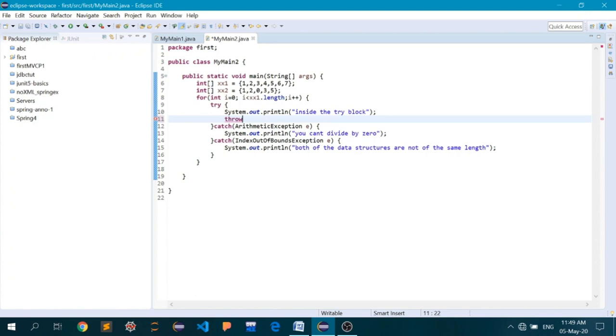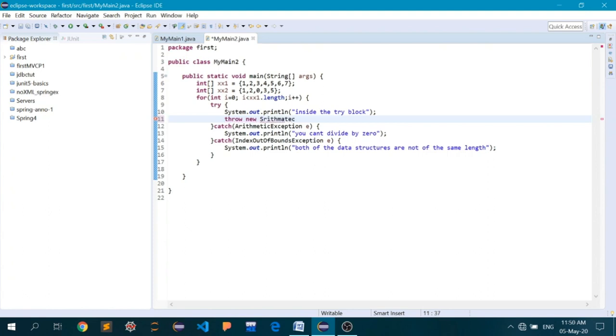That means it's a keyword. Now I will use the new keyword. Now this new always signifies that. You must have seen in the previous chapters that we have discussed earlier that new is always used to create a new object, and that is the main focus of this particular line here: to create a new object. So I will write